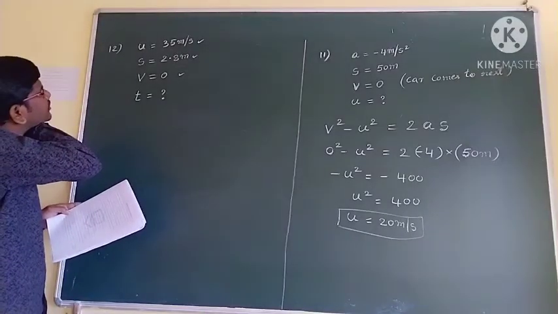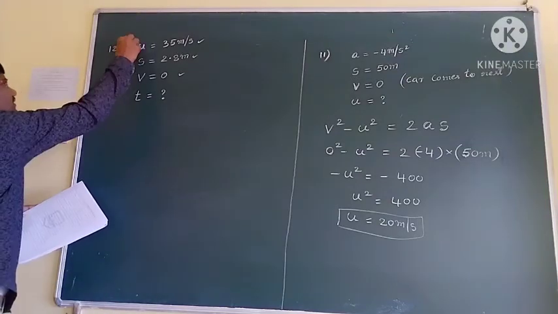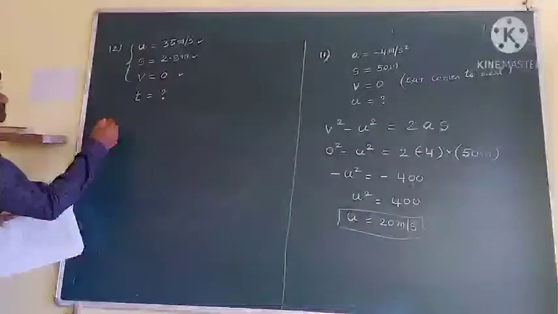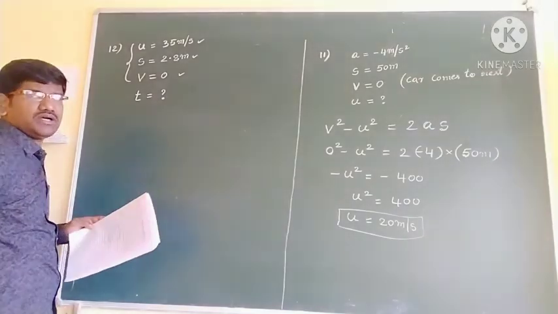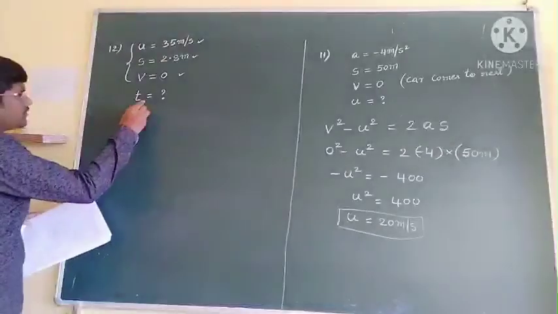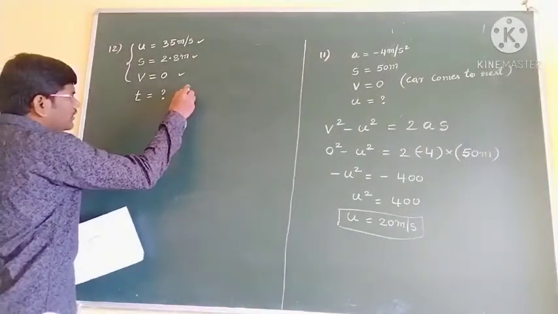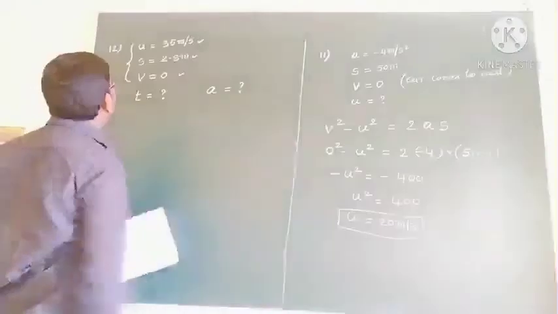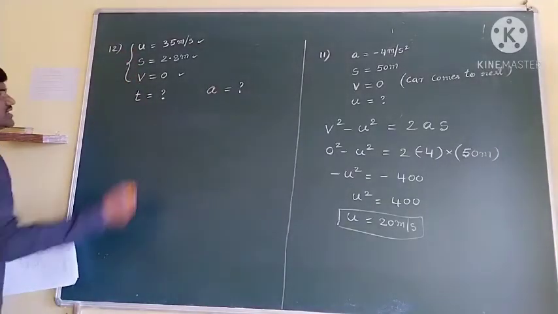Okay. So then first, with this given data, we have to find v squared minus u squared equal to 2as. Without acceleration, to find t, first we should find a. So we should know another physical quantity, that is we have to find a. Okay students, so then s, u, v we know, a is the question mark.